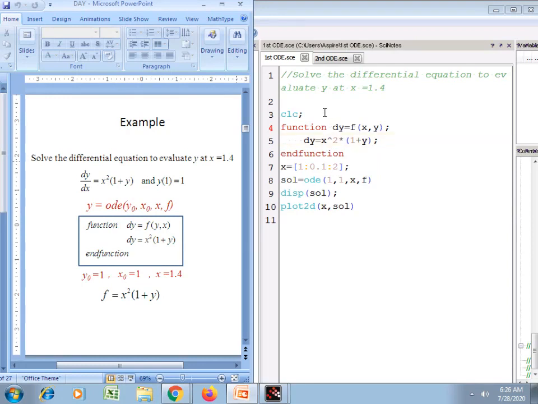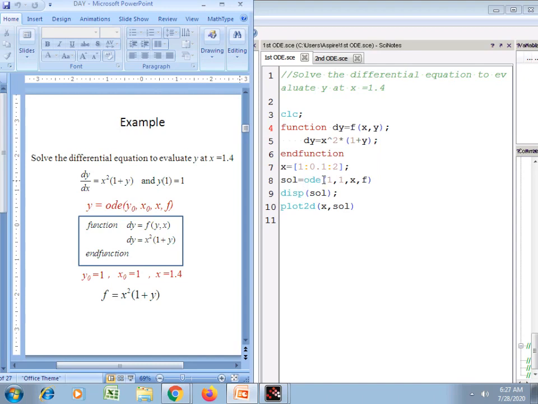Then I have defined the function dy = f(x, y), where dy = x^2 (1 + y), which is the right hand side of the given differential equation. Then endfunction. Now x is the vector for the values of x for which I want to determine the values of y. Then the solution